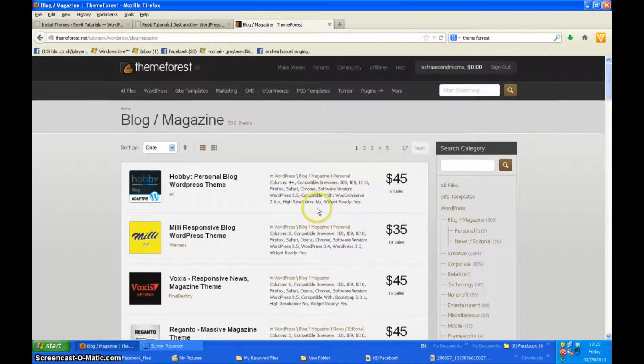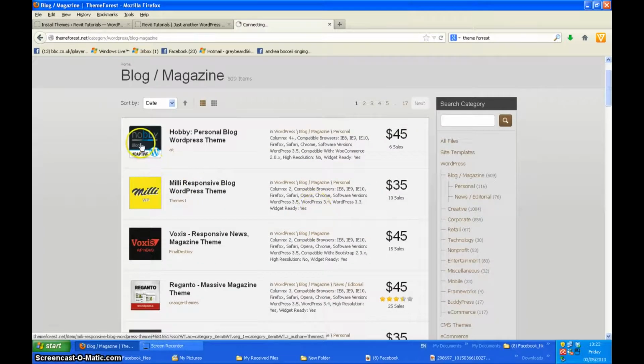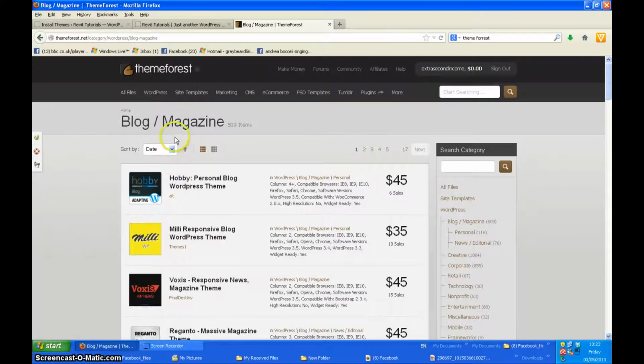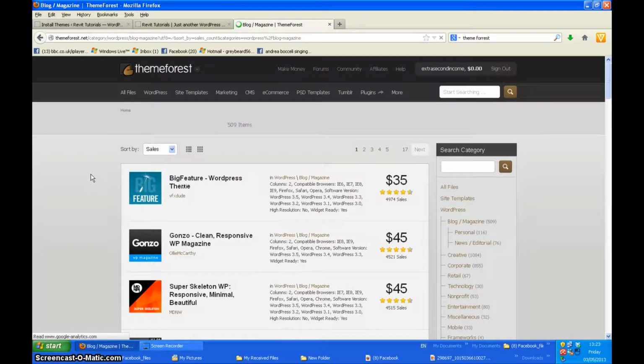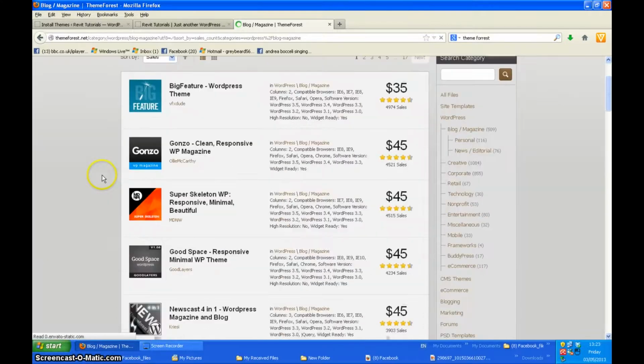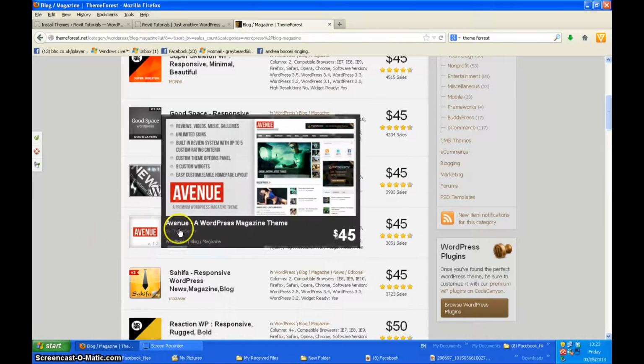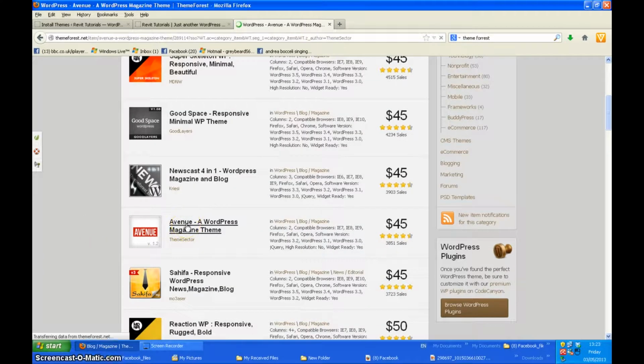And here you'll see a number of premium themes. So you can hover over it, and it gives you a little preview. So what I'm going to do is select this by number of sales, because obviously if they're being sold, they've surely got to be good. So you can see they're about $45 for the theme, but let me just show you one. So let me click on this Avenue theme here,